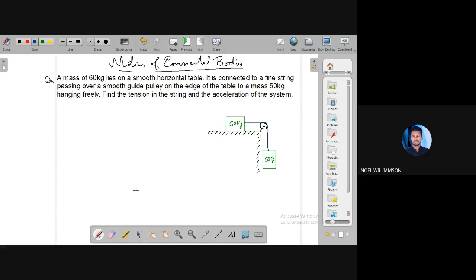So here you are asked to find the acceleration of the system. Since it is connected,